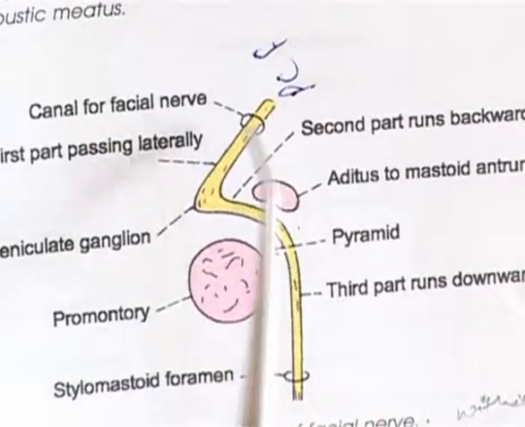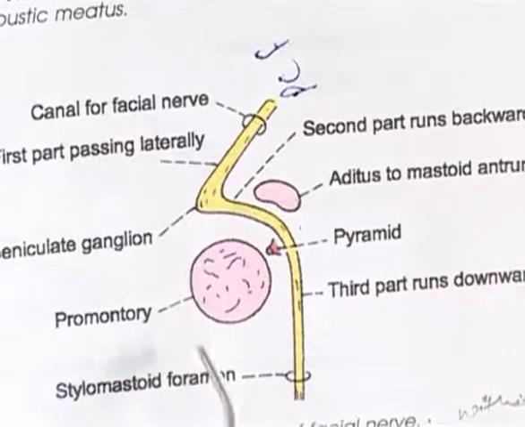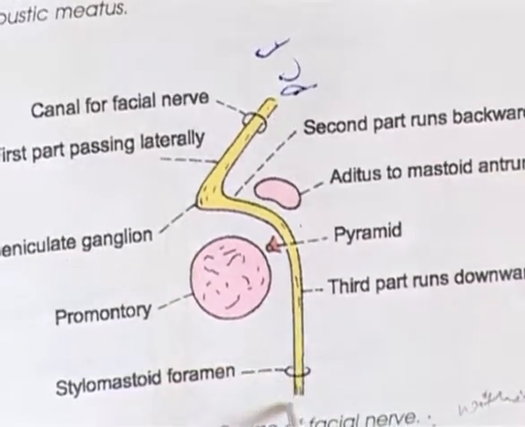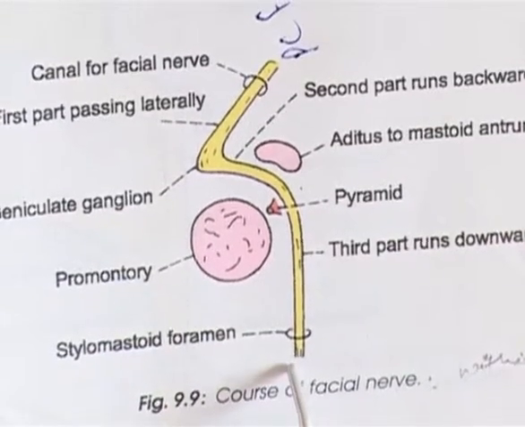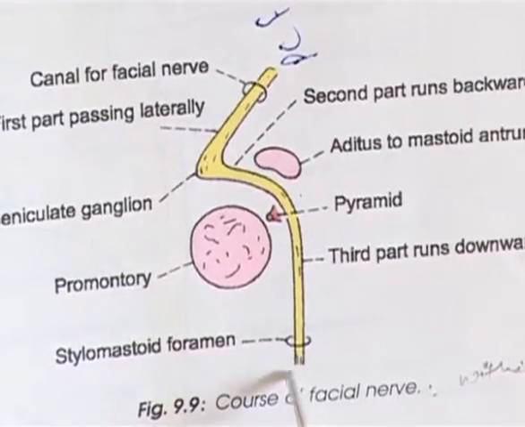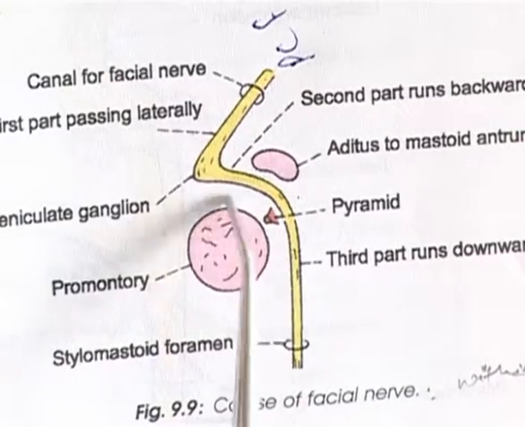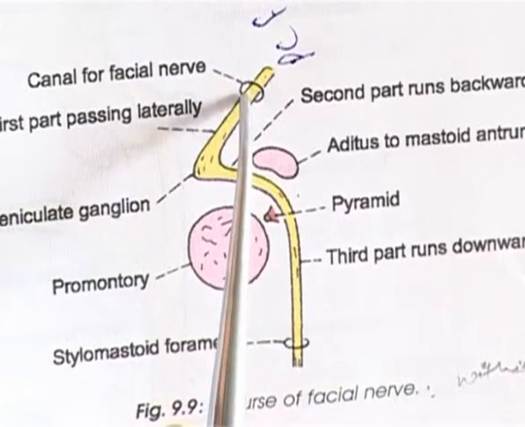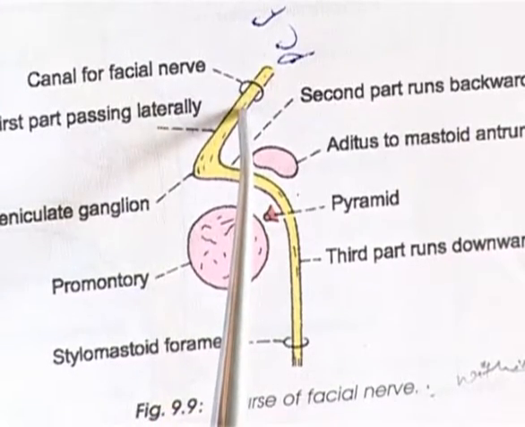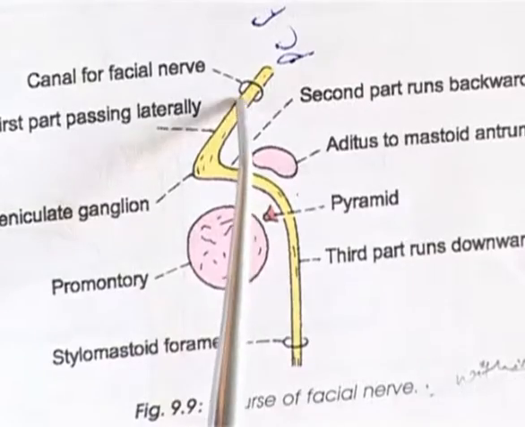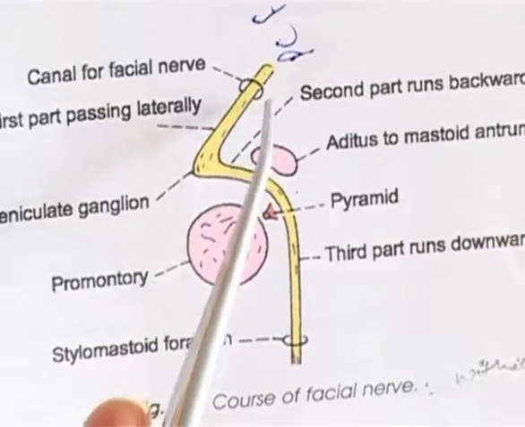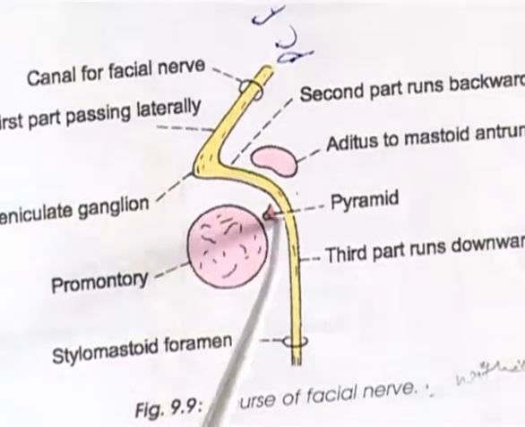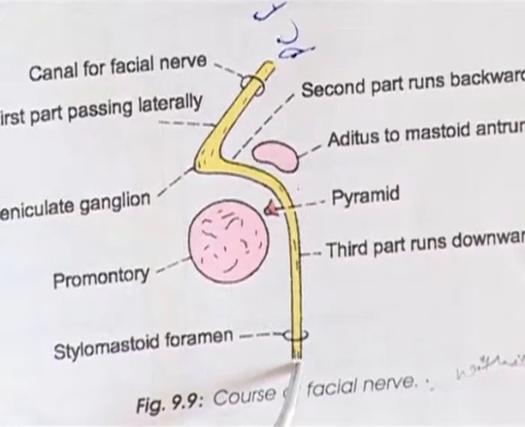The figure shows the stylomastoid foramen through which the facial nerve exits and goes in relation to the parotid gland. The facial nerve is unique in the fact that it has 2 foramina in the skull. One is the internal acoustic meatus in the posterior cranial fossa, then it roams in the internal ear and middle ear, and leaves the ear through the stylomastoid foramen.